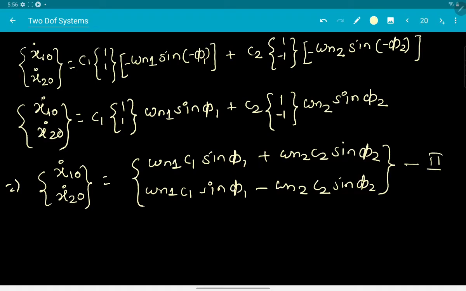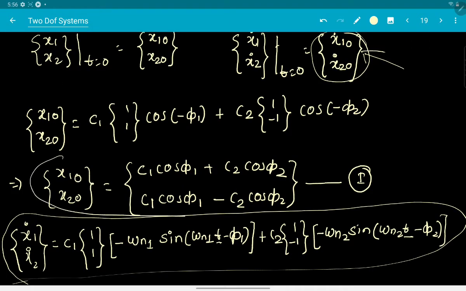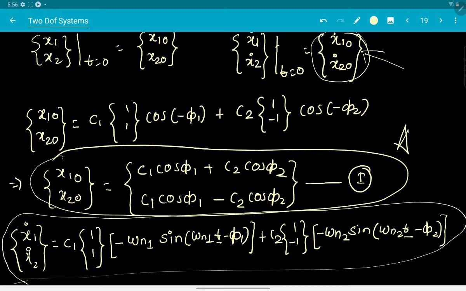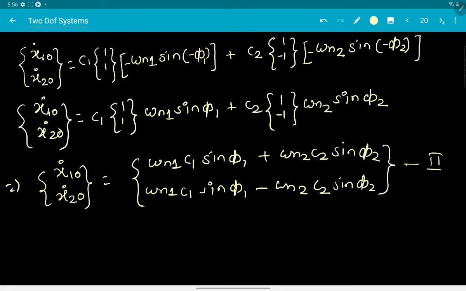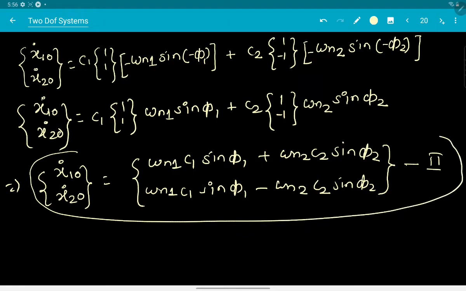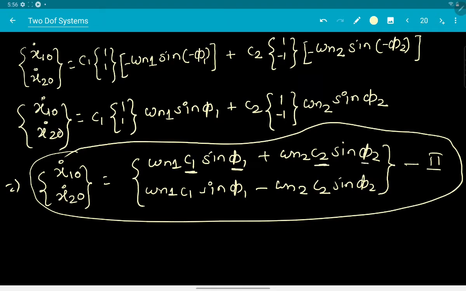So you have obtained 4 equations. 2 are in this one, which have c1, phi 1, c2, phi 2 as unknowns, and 2 more equations are over here, in which again c1, phi 1, c2, phi 2 are unknowns. So you have 4 unknowns and 4 equations, and in our problem solving session I am going to show you how exactly we can obtain these values. We'll be solving one example problem in that session, at least one example problem.